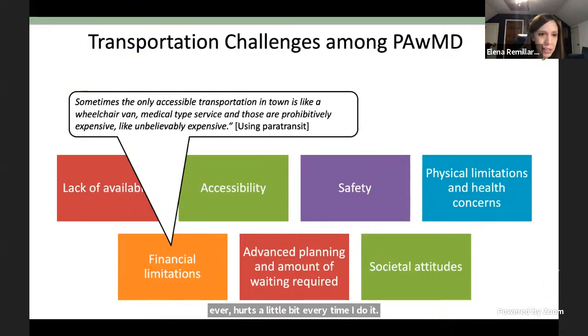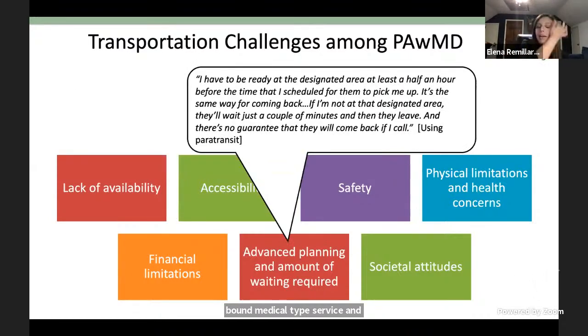Financial limitations and concerns were something we found across all modes of transportation, particularly paratransit and driving. This person noted, "Sometimes the only accessible transportation in town is a wheelchair van, medical type service, and those are prohibitively expensive." Another transportation challenge that was not in our initial coding scheme was the challenge of advanced planning and the amount of waiting required for using certain services, particularly paratransit and relying on a ride from friends or family